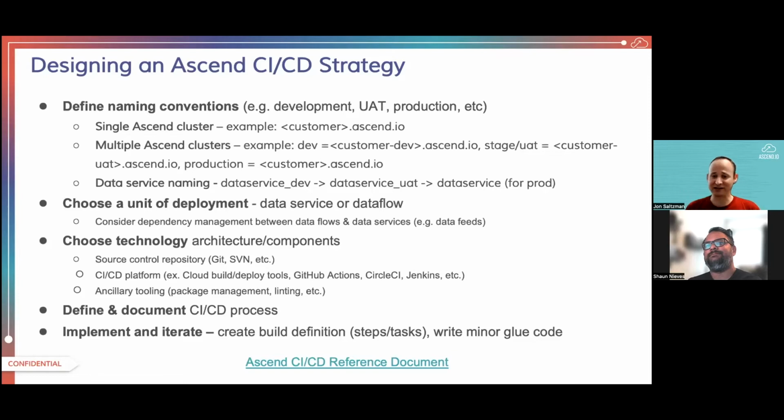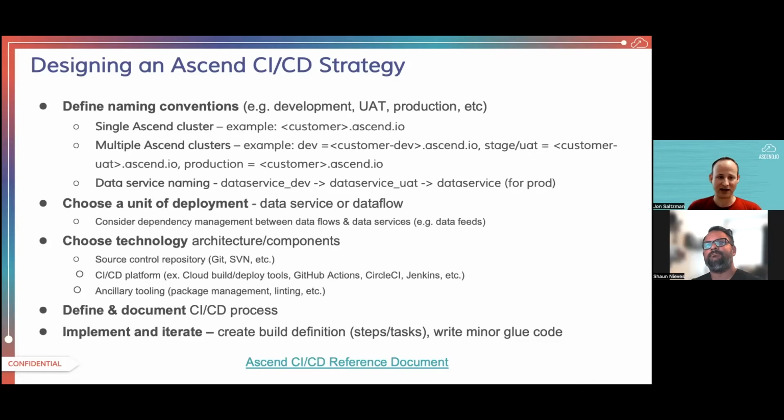So one clarification that I find is helpful for people is in the naming conventions. When you talk about CI/CD, you talk about the life cycle stage of your actual code that you're developing, right? Whether that's development code or it's UAT or it's production and implemented in the production environment, things like that. In Ascend, when you become a customer of Ascend, or if you're already a customer, you know that we talk about your Ascend environment. This is usually your domain name that you type in the browser. So it will be something like your